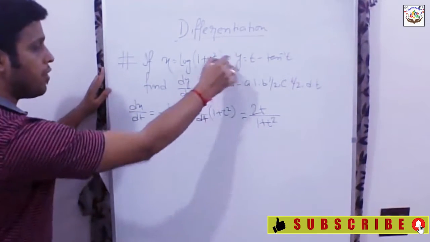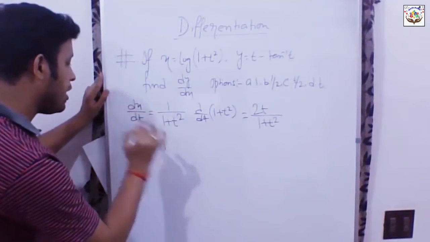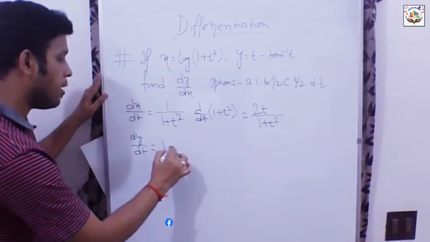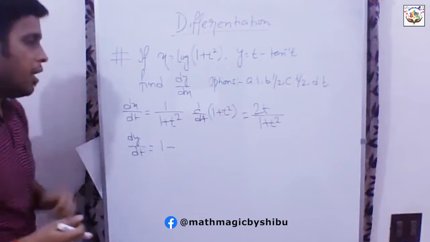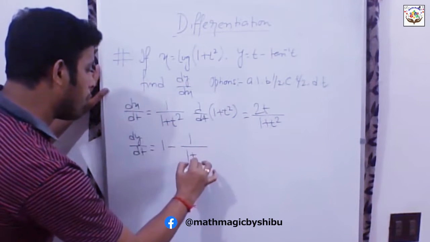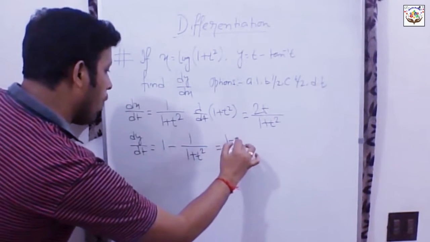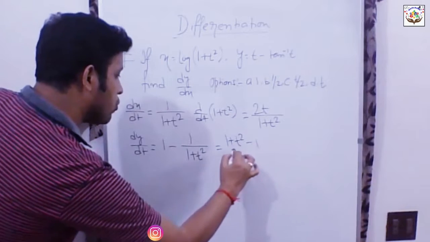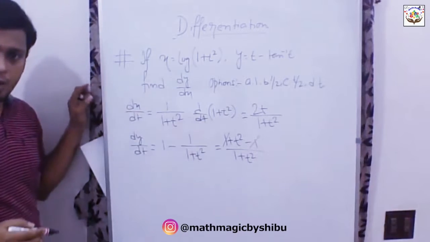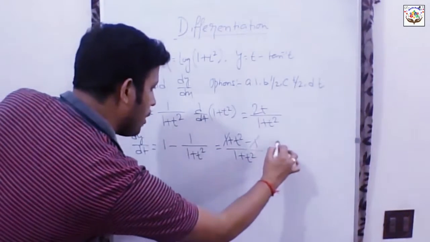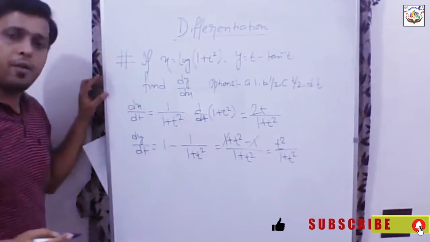So like if we differentiate y with respect to t, it will be dy/dt, and we are differentiating t with respect to t, so it will be 1 minus the differentiation of tan⁻¹ t with respect to t, it will be 1 by (1 + t²), right? So it will be (1 + t² − 1) divided by (1 + t²). We can easily cancel out plus 1 and minus 1. Okay, what we have? We have t² divided by (1 + t²), right?